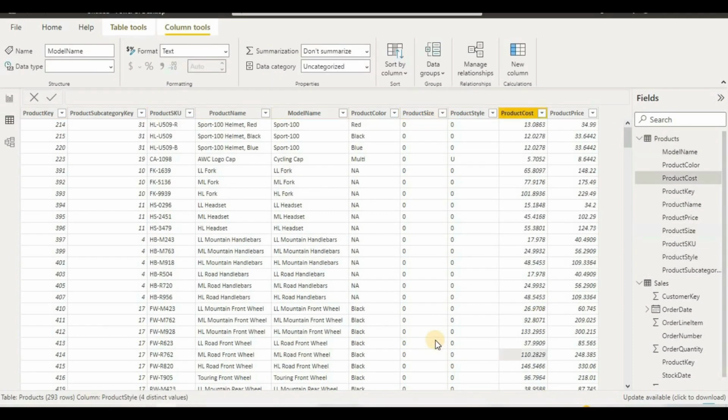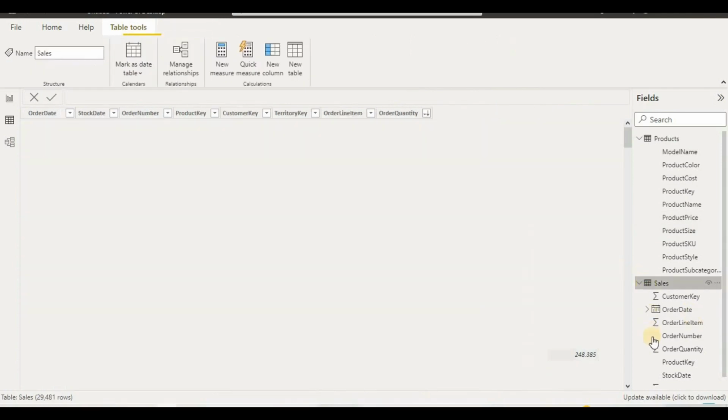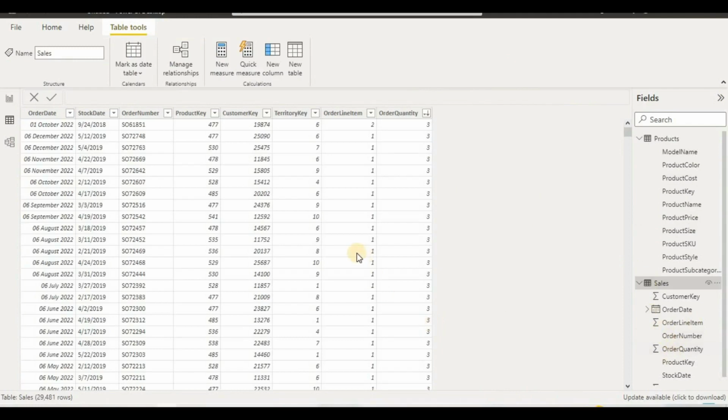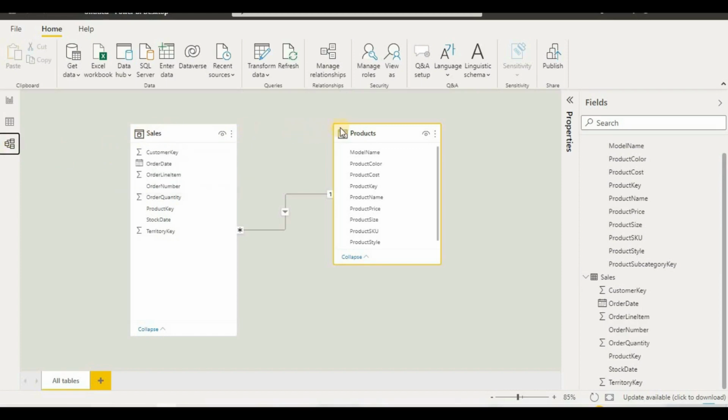The product price is there also. And if we go to the sales table, we will find the order quantity there. If we want to multiply these two columns, we need to have some relation between the tables. So if we go to the models, we have sales and product, and the relation between them is